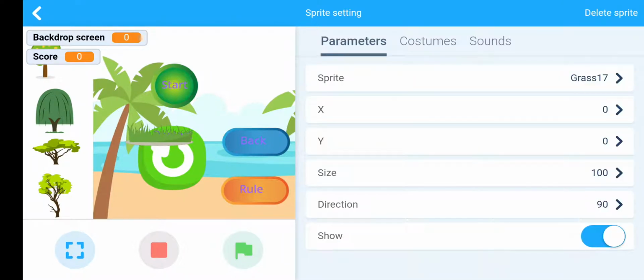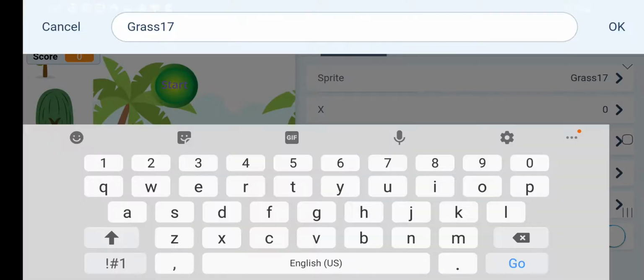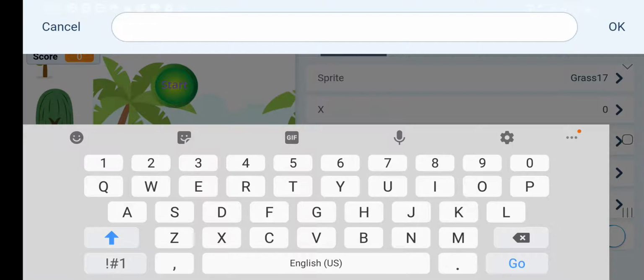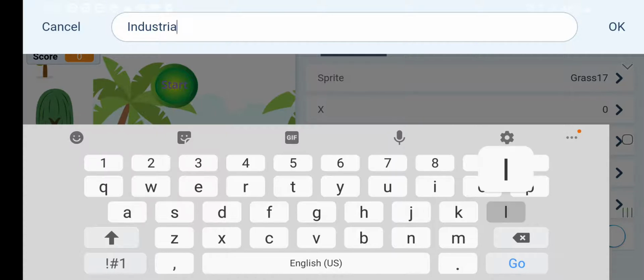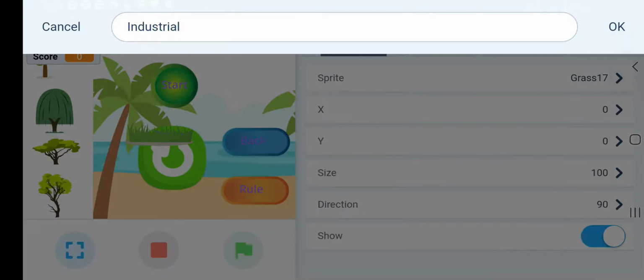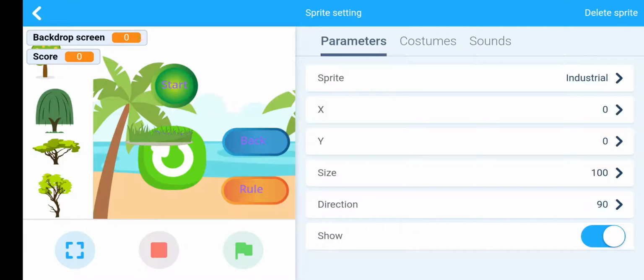Go to parameter, sprite, click here and type the name. Second landscape is our industrial. Press OK button. Then add